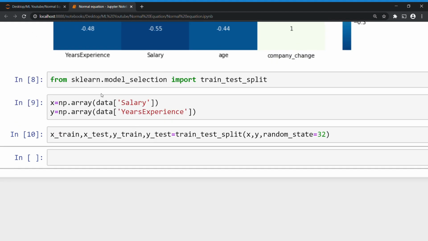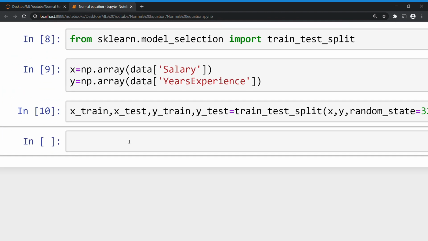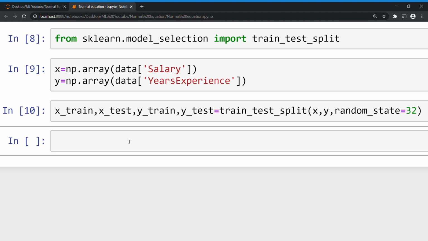Here I am importing the train test split function, and I divided the x and y variables, and I divided my whole data into training and testing. Now let's start how to create the normal equation function.